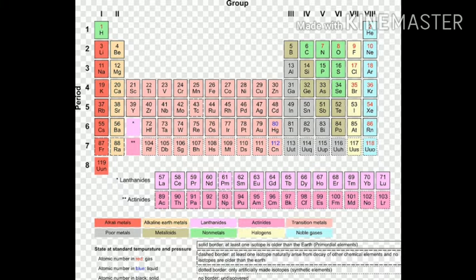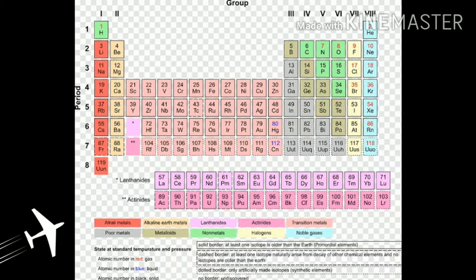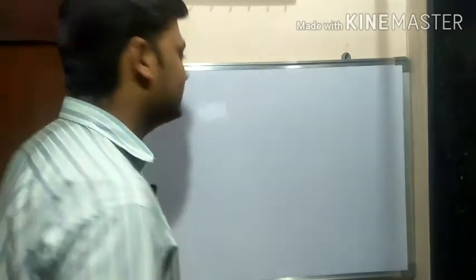These are metalloids. Next, the green color indicates non-metals, and the last ones, fluorine, chlorine, bromine, iodine, are the halogen families. And the last group, which you can see in sky blue color, is helium, neon, argon, krypton, xenon, which are nothing but the noble gases. So now we are going to discuss the family of halogens. So, gradation.